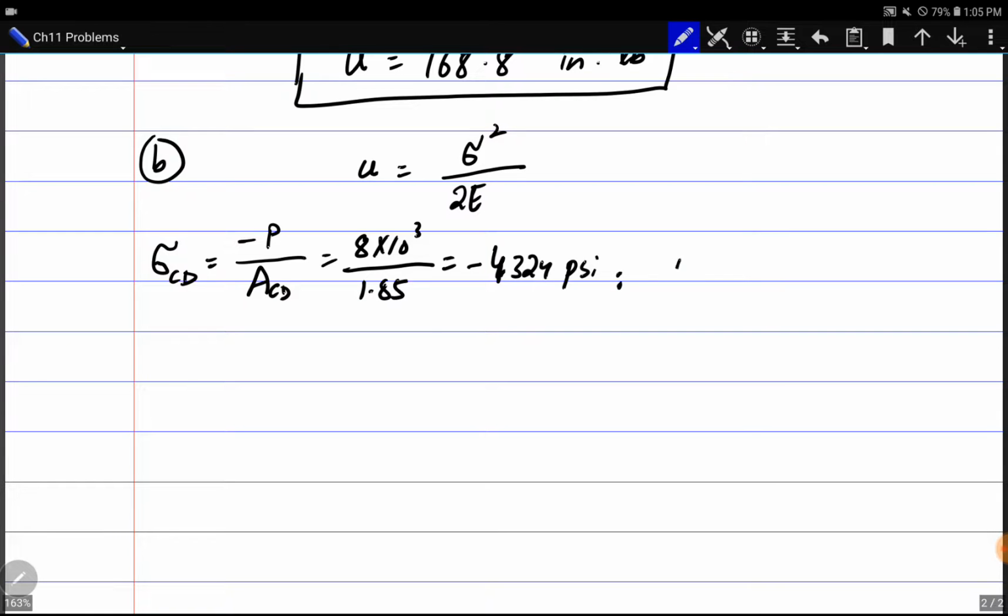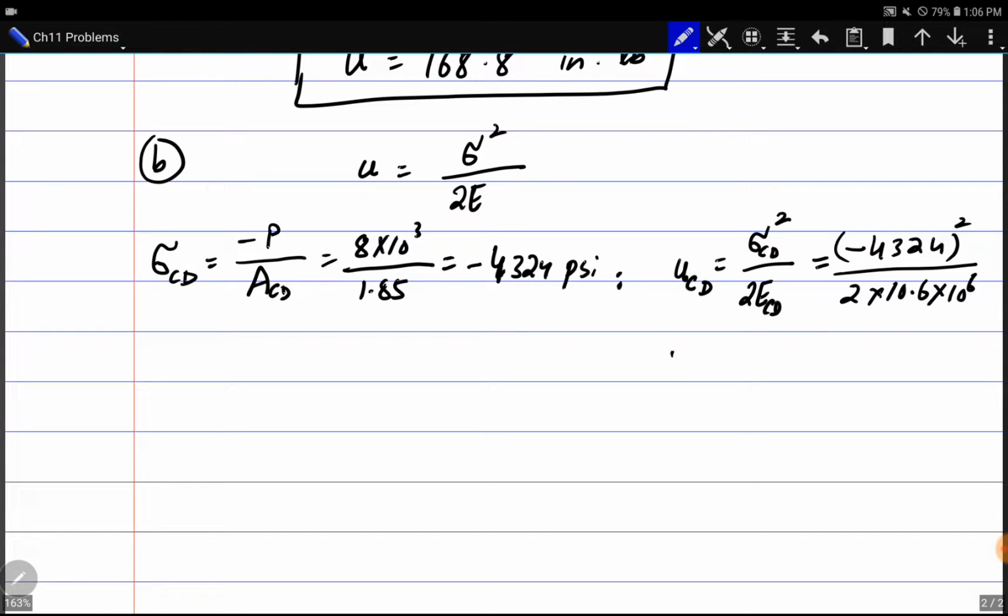UCD, small u, will be equal to sigma CD square divided by 2 ECD. ECD is E of aluminum, 10.6 into 10 power 6. By putting the values, you can find sigma CD equal to, first let us put values here, minus 4.324 square divided by 2 into 10.6 into 10 power 6. So UCD, small u, is